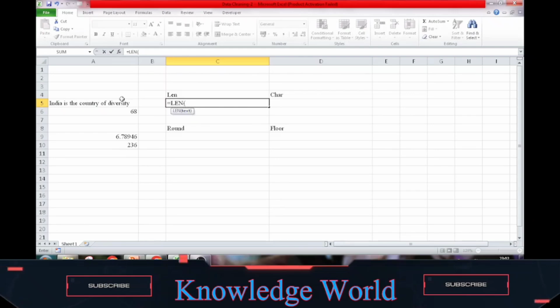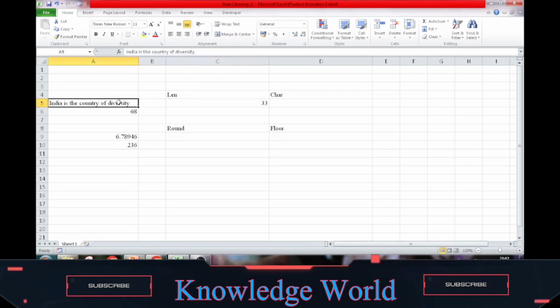So we will select the text and press enter. It will give the answer 33. But in this 33 the spaces are also included. So there are 33 characters, which include the spaces also.